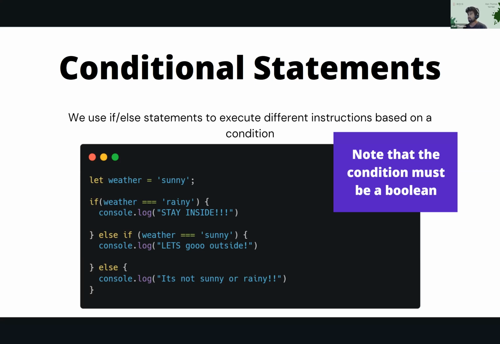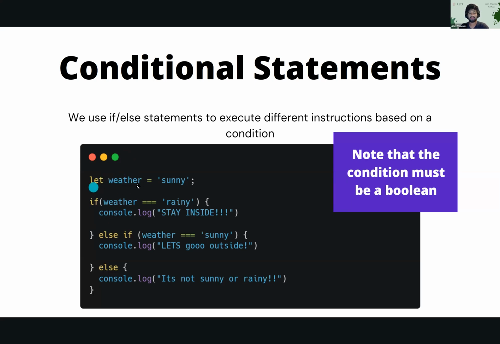Cool. So this is a whole lot of new syntax, but we'll go through it together and hopefully it'll make sense. An if statement is used to execute code based on a condition. We start with the keyword if, and within parentheses, we write our condition. If that condition is true, in this case, is weather equal to rainy, then we execute the code in between these curly brackets. So if it's true, it will execute console.log stay inside. Running through the example,